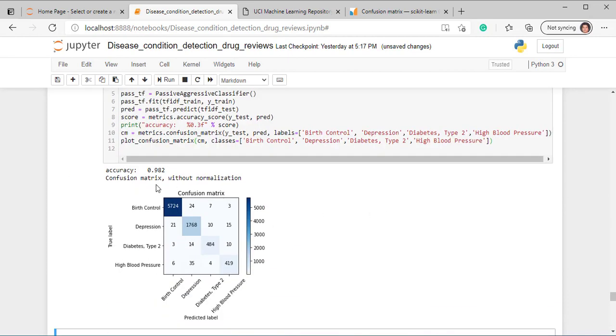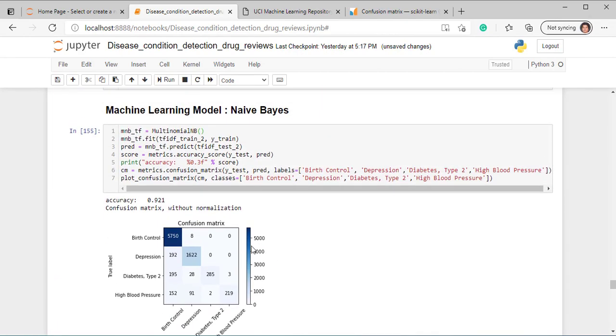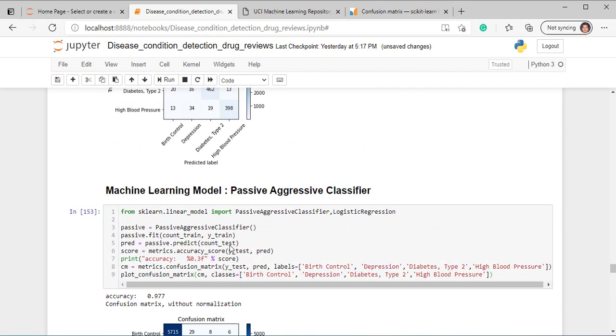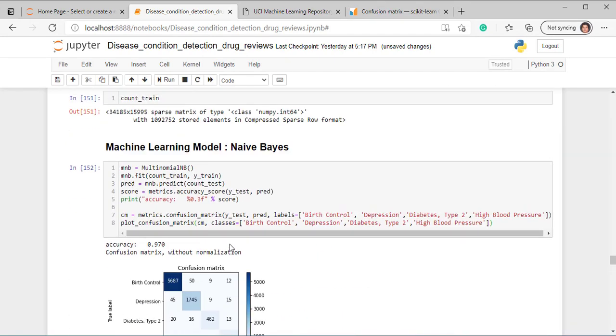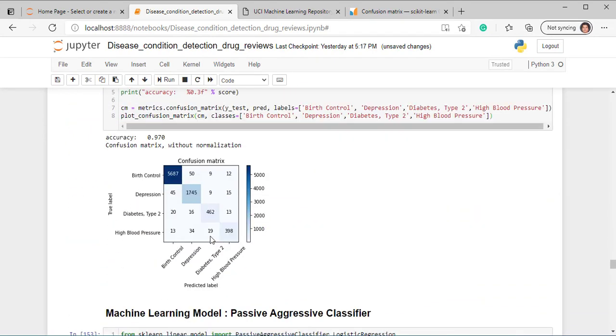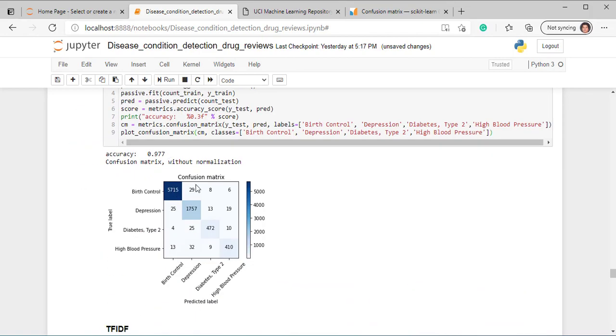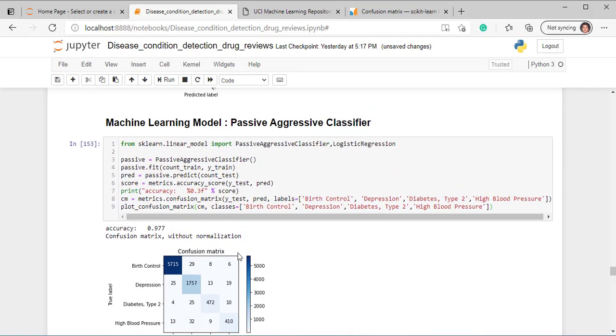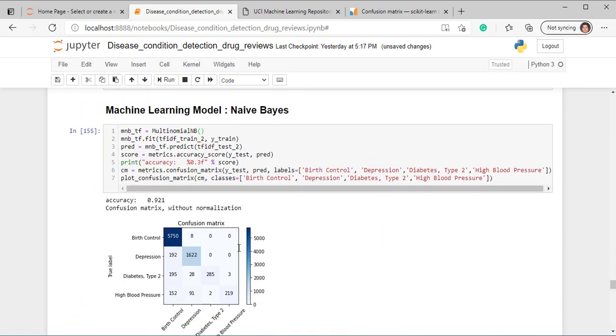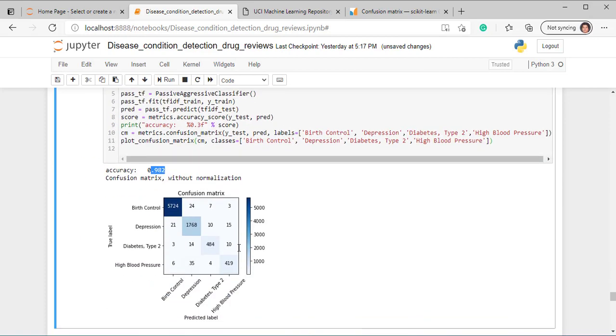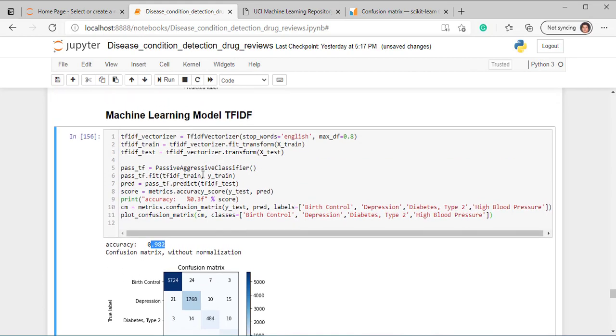So you can see that easily the accuracy increased to 98.2%, which is higher than all the previous accuracies with all the previous methods, right? From the bag of words model, our highest accuracy was 97.7%, and that is true with the passive aggressive classifier, and here in TF-IDF we have obtained 98.2% with the passive aggressive classifier. So you can see that passive aggressive is quite accurate in terms of classification in this NLP use case.